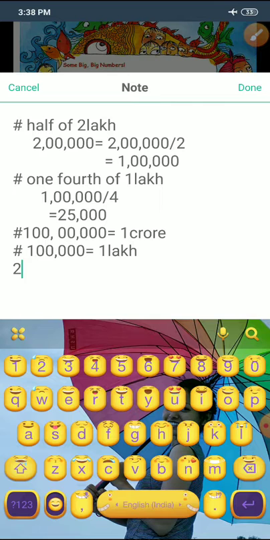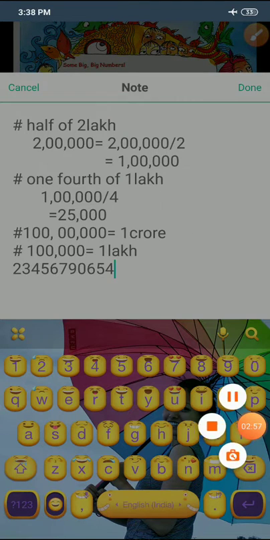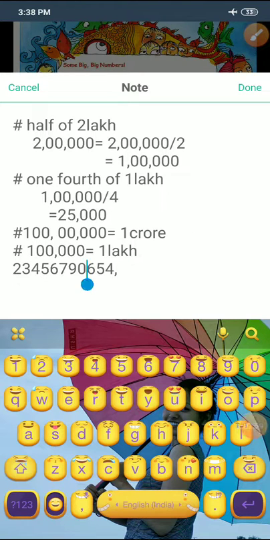If I am writing a number like this and I say arrange it according to the Indian system, what you will do is take the first 3 digits together like this: 1, 2, 3, and put a comma here, then 2, then again 2, then again 2. So you will form groups of 3, then 2, then 2, then 2 and so on. This is according to the Indian system.